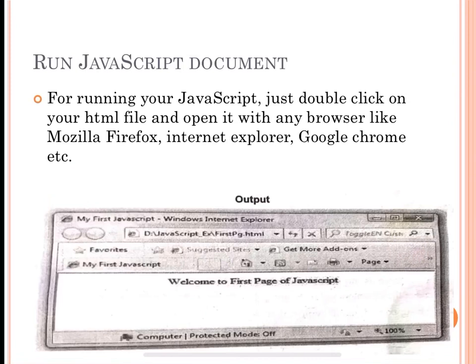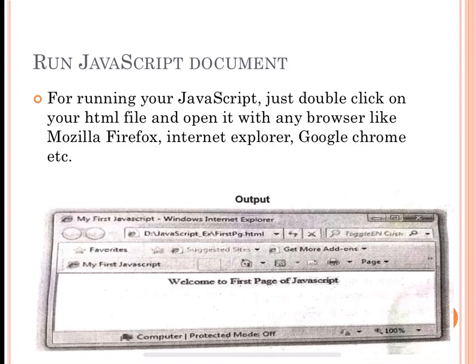So now in this slide you will study how to run a JavaScript document. If you have already created an HTML file, just go to that HTML file, right click and open it with any kind of browser you want. For example, here I have opened it in Internet Explorer. Just right click on it and open with Internet Explorer, and in that you will get the output.